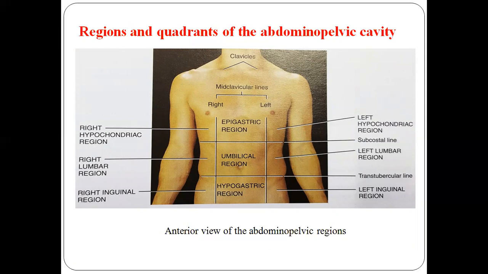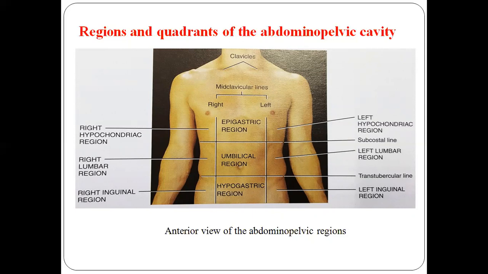So to describe the location of the many abdominal and pelvic organs more easily, anatomists and clinicians use two methods of dividing the abdominopelvic cavity into smaller areas. So the first method is two horizontal and two vertical lines aligned like a tic-tac-toe grid, partitioning the cavity into 9 abdominopelvic regions. Now the top horizontal line,